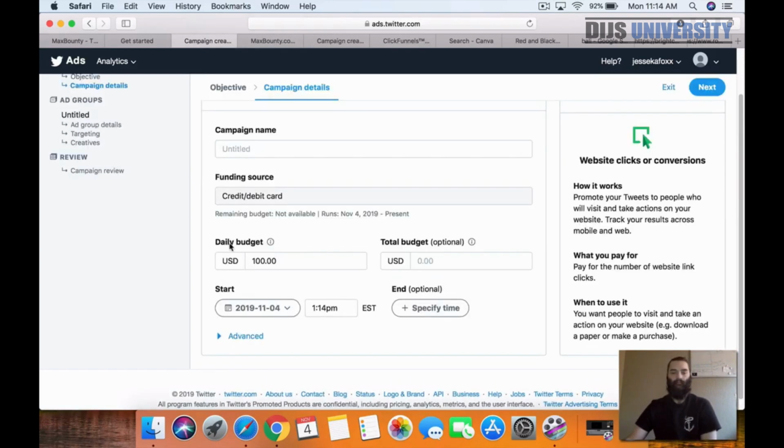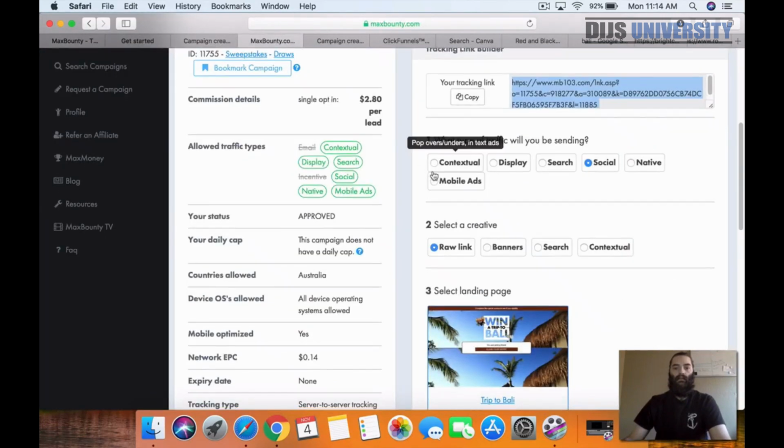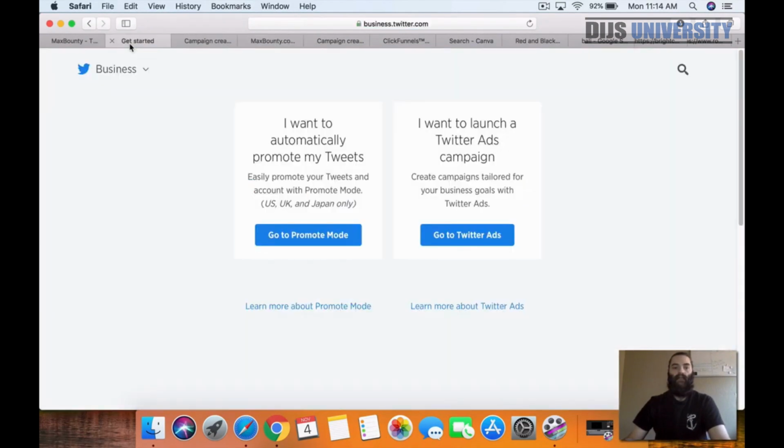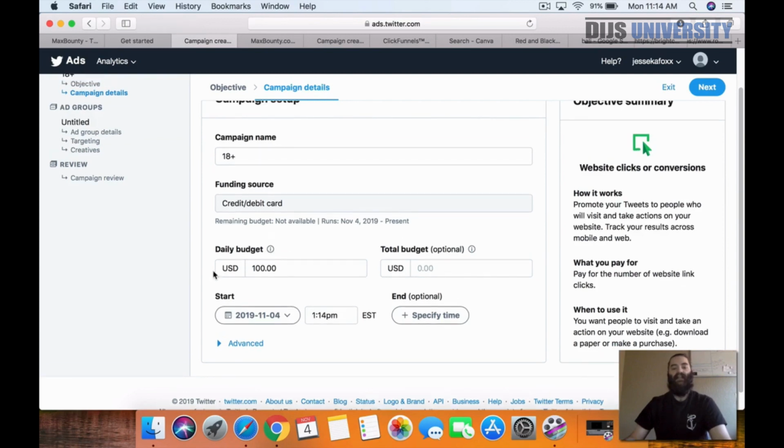So for the campaign name, I am just going to put 21 plus, even though I think it said 18, right? No, let's just do 18 plus. Now this daily budget right here is your overall campaign budget. So if you're only running one ad, you can put it in here. Now if you're running two ads,